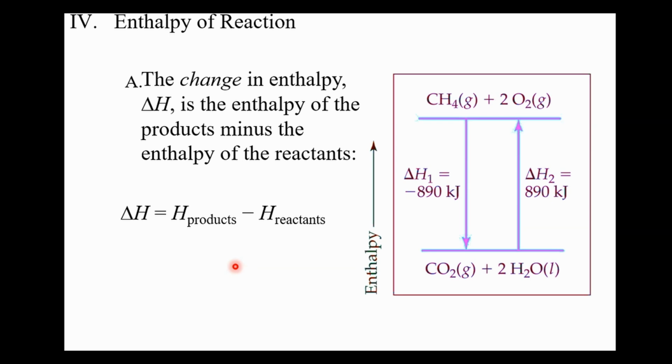Enthalpy of reactions is something we measure and tabulate. The change in enthalpy, delta H, is the enthalpy of the products minus the reactants. Once again, we don't look up single H values. We look at delta H. And we can plot enthalpy on here. It's very similar to plotting change in internal energy. So here is methane, CH4,